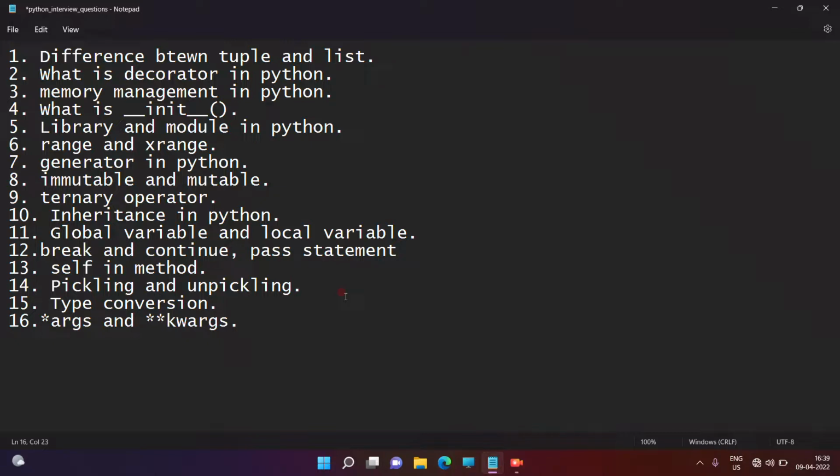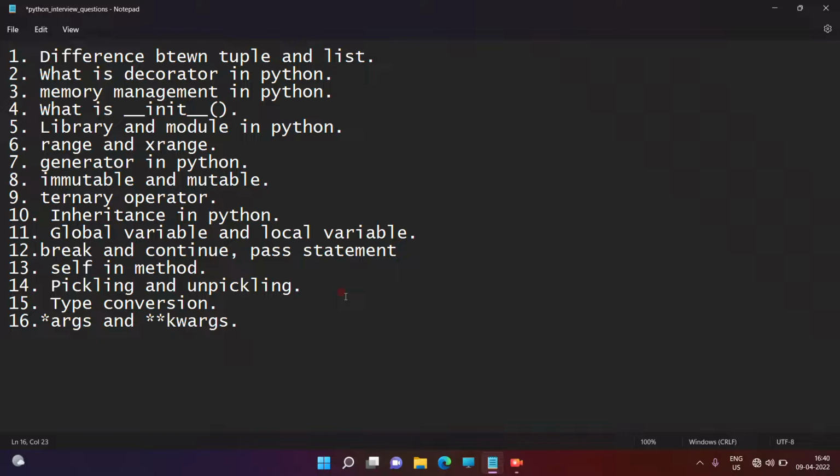Then the second one is double star kwargs. What is the meaning of double star kwargs? Same like args, we can use double star kwargs for function overloading, constructor overloading and method overloading. Whenever we don't know how many keyword arguments we are going to pass, that time we can go with double star kwargs.